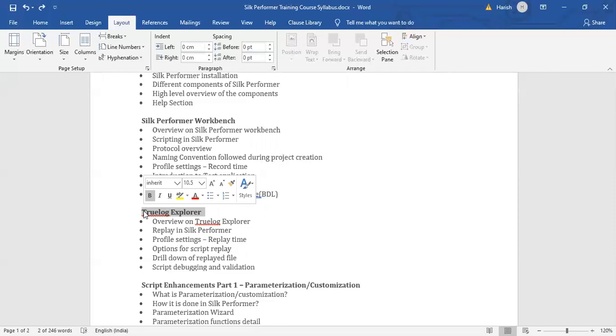At the time of replay, what all settings are offered, we'll see in profile settings and the replay time topic, with various options to perform script replay. After replaying the script, we will see what information can be seen from the replay file. And finally, in this section, we'll move on to the debugging and validation part.